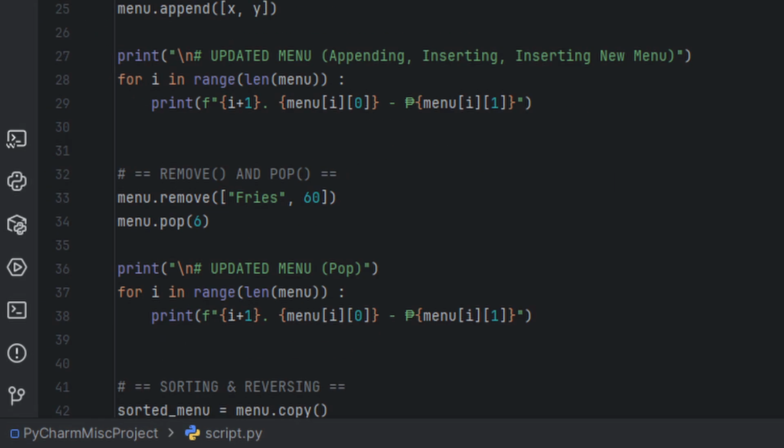Now this step is more on explaining the difference between the remove and pop. At line 33, the remove function is used to remove an existing element of the set, while pop removes an existing index. Both have the same function but take different approaches. By default, the argument for pop can be left blank as it will automatically pop the last item of the set. This cannot be done the same for remove. We also print a modified menu again for validation.